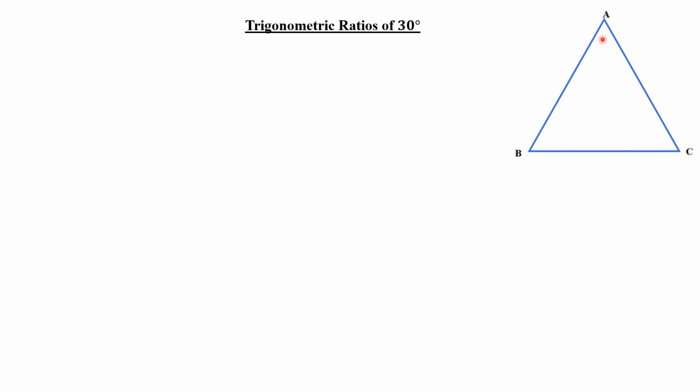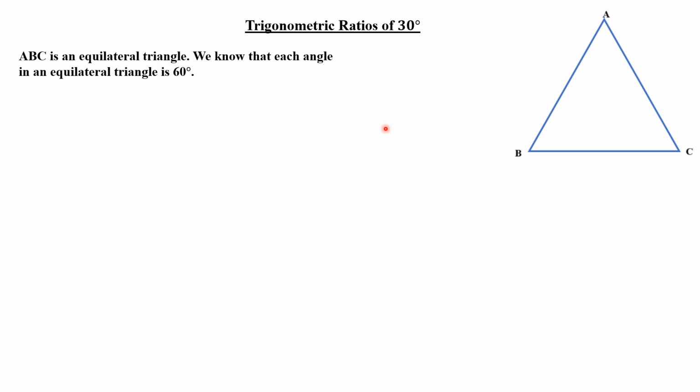Okay, so ABC is an equilateral triangle, and we know that in an equilateral triangle all the three sides are of equal measure as well as all the three angles are also of equal measure, which is 60 degree, isn't it? Then only 60 plus 60 plus 60 will give me 180 degree. So in an equilateral triangle all the three sides are equal as well as all the three angles are also equal. Now I am going to draw a perpendicular